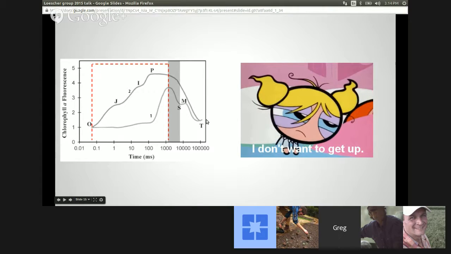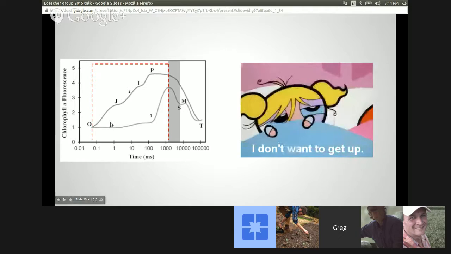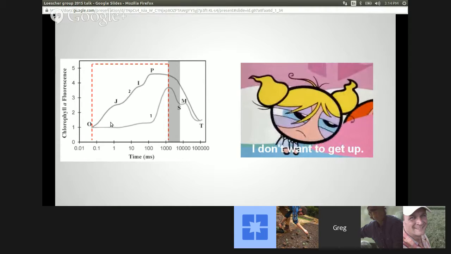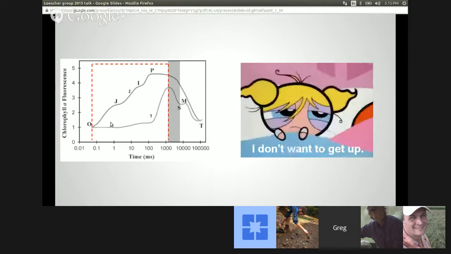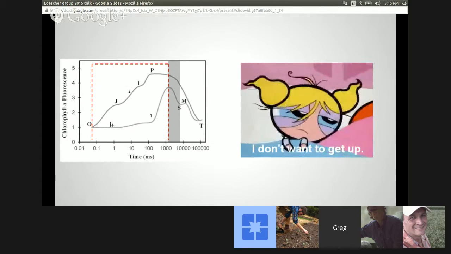And it's sort of equivalent to, if you're sleeping and all of a sudden someone yanks you up and shines a bright light in your eyes, that's the equivalent to a plant sitting in the dark and then someone suddenly turning on a really bright light, right? It's not ready to get up, right? For you as a human being, your pupils have to dilate. That's the first thing. Your heart rate has to speed up. It has to pump more blood to your brain so that when you stand up, you don't just fall down,